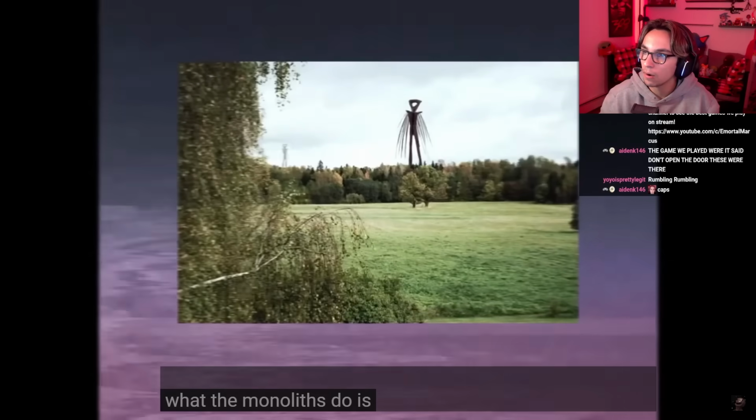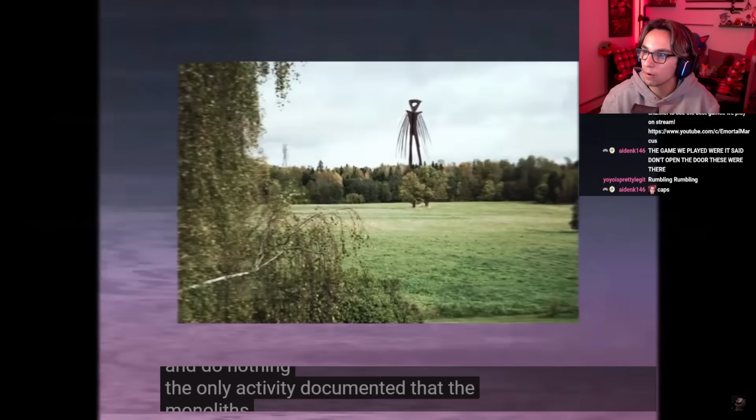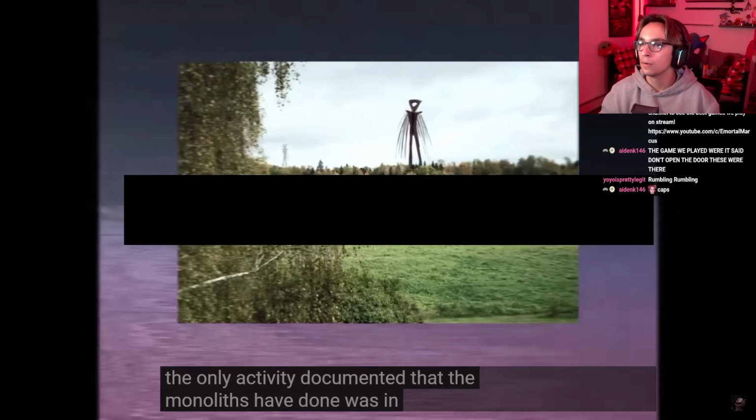What the monoliths do is simply stand and do nothing. The only activity documented that the monoliths have done was in...